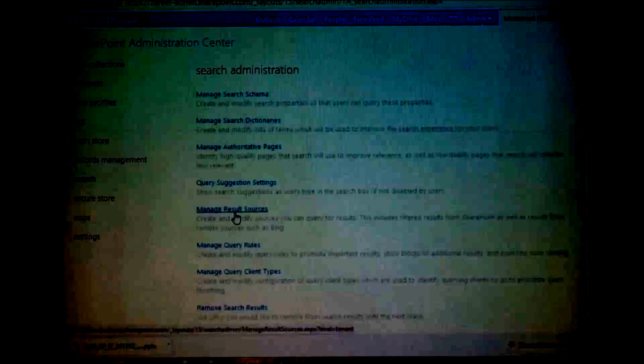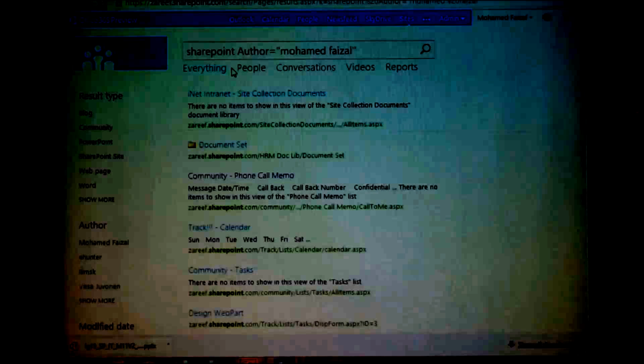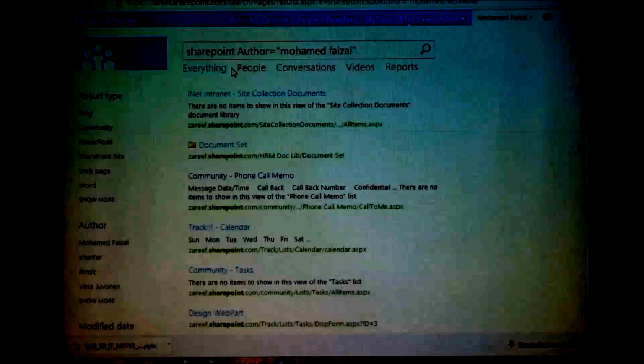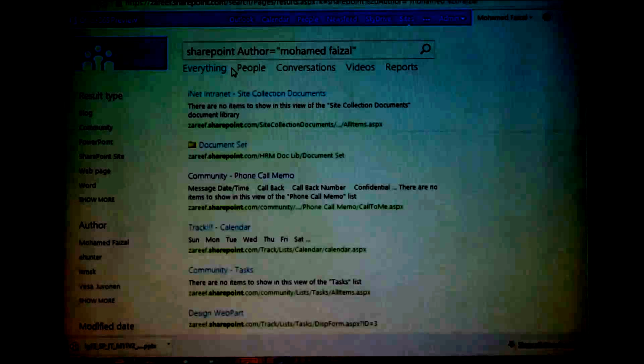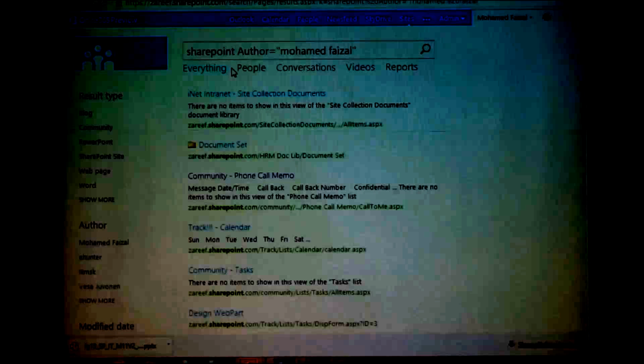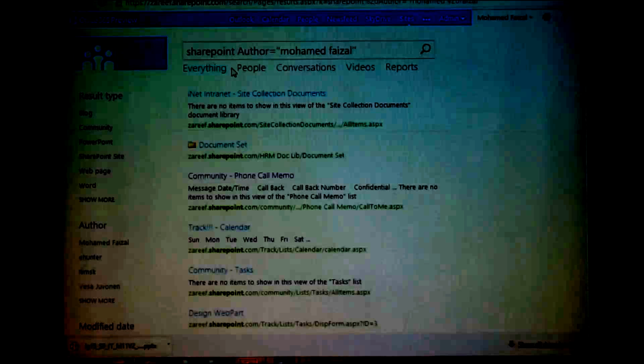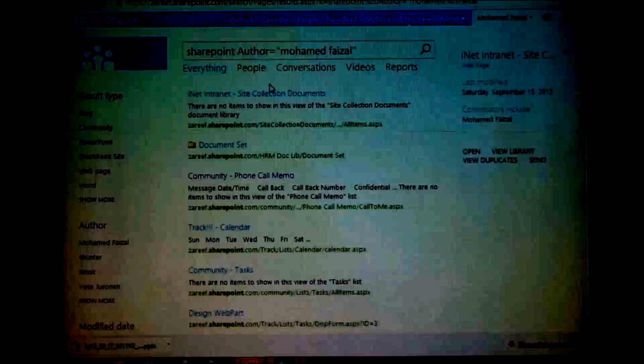Somewhere here. I don't want to waste my time here. Let's do one more last try. There is an option for you to see. At the end of the search setting, you can set that particular function, then it will crawl with a super user permission and display the information for you. But when you click the link, it will ask you for permission to enter the board and see the document. But it will appear in the search results. Okay, so that is all about search.